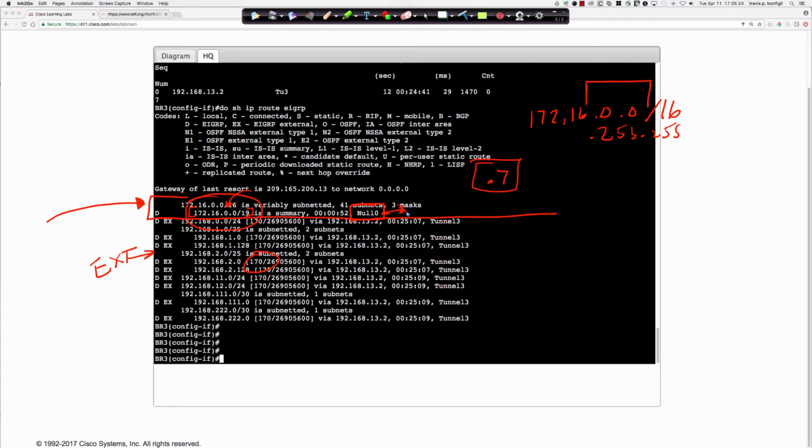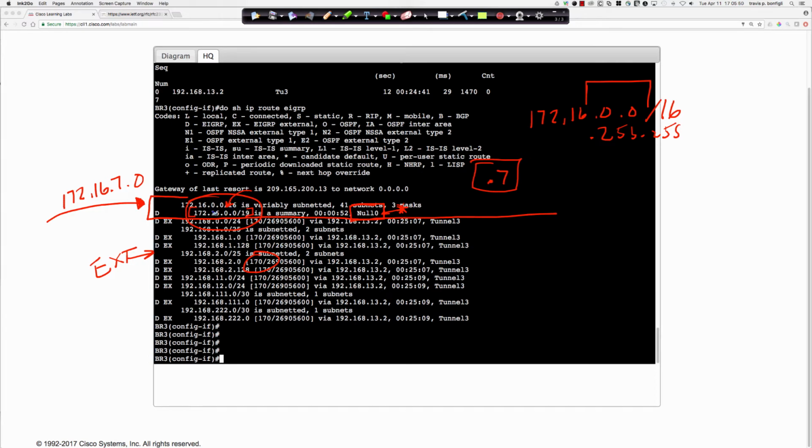And that is what the route to null 0 takes care of. If and when traffic comes in, and let's say the headquarters says branch 3 knows how to get to 172.16.7.0, traffic gets to branch 3, and branch 3 looks up in its routing table and realizes,